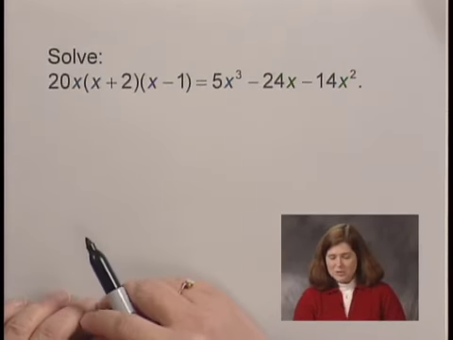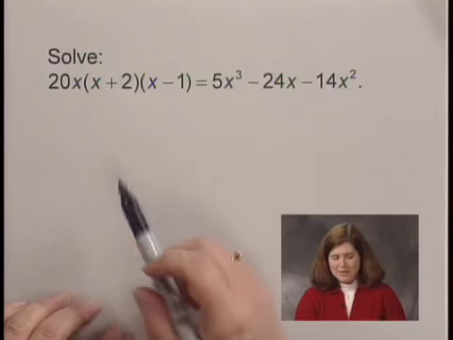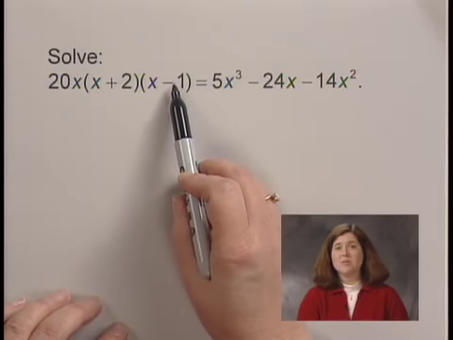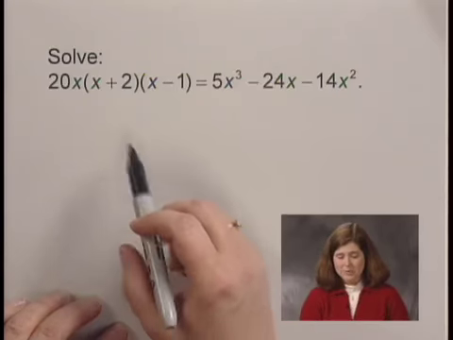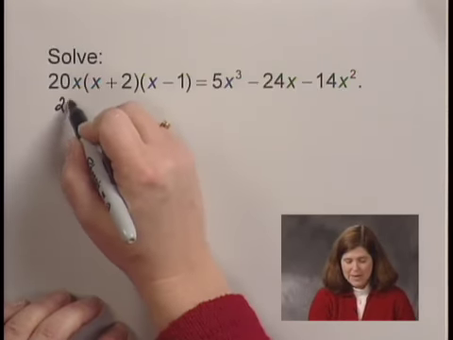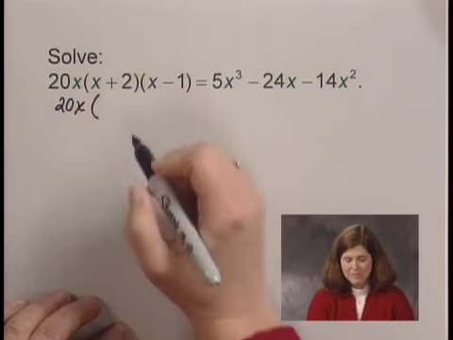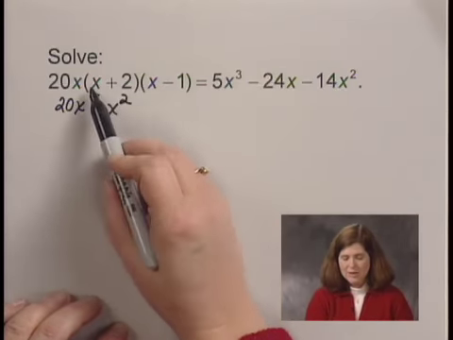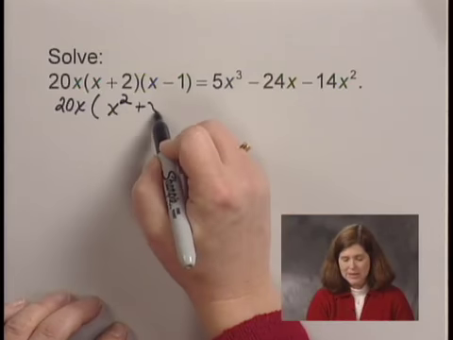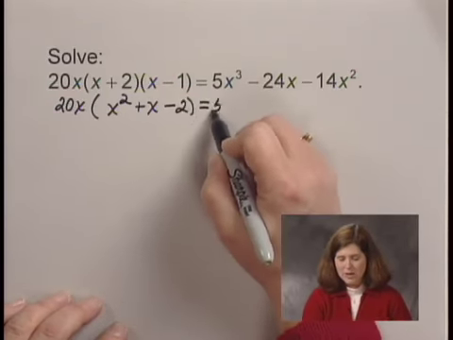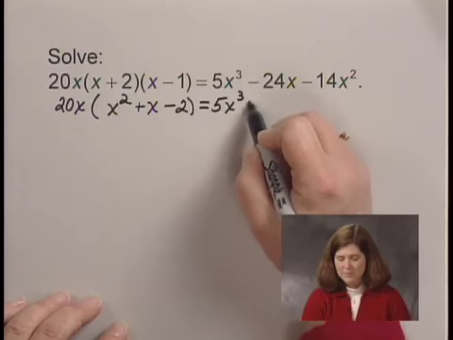We're going to want to use the principle of zero products. So I'm going to want to multiply this out first in order to be able to combine some like terms. I'll start by multiplying the binomials. I would have 20x times, multiplying, I have x squared plus 2x minus x gives me plus x minus 2 equals, I'm going to go ahead and copy down the rest of the problem,